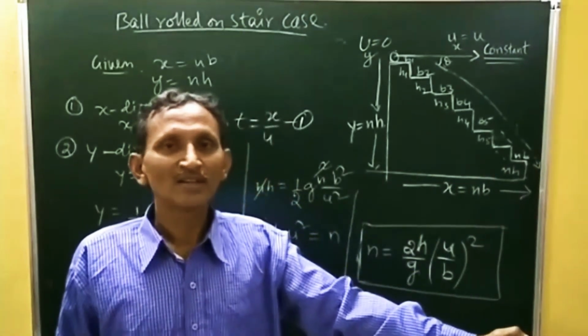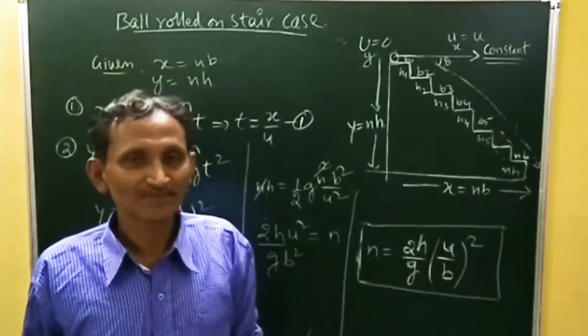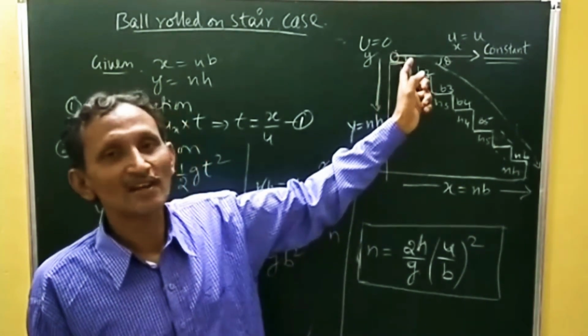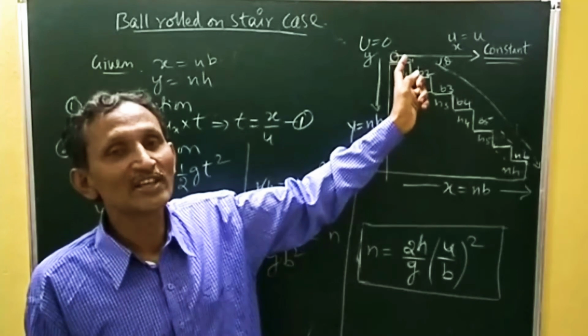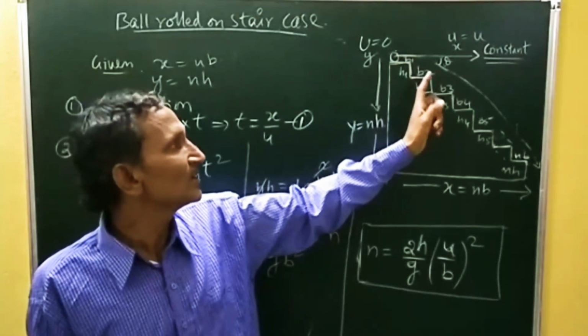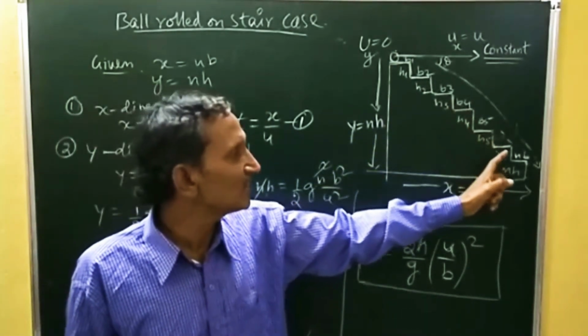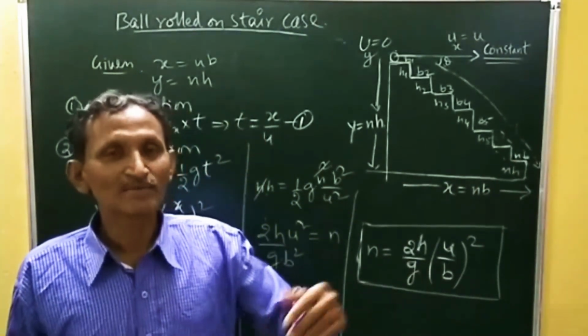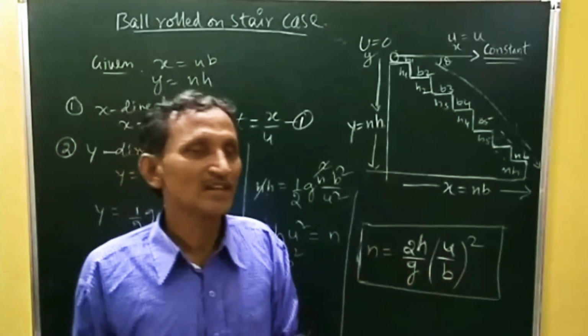The lowest one is taken as the nth height. Every step height has a base area, taken as width area B1, second width area, third width area, like that up to the nth width area. So that is n times the width of the base area.